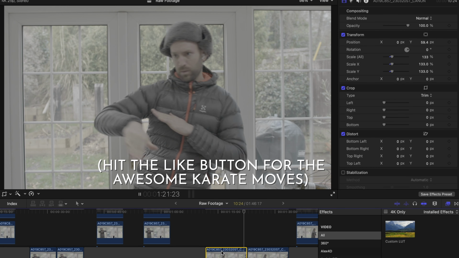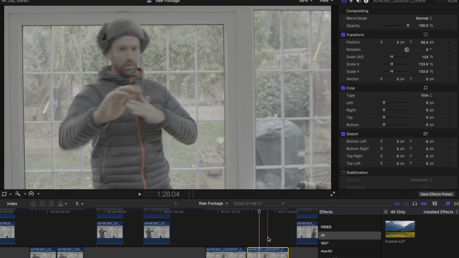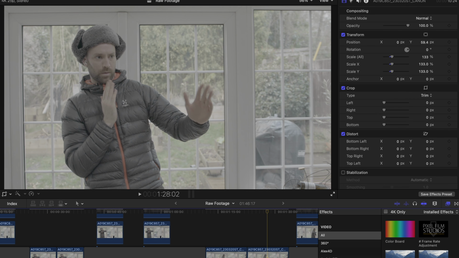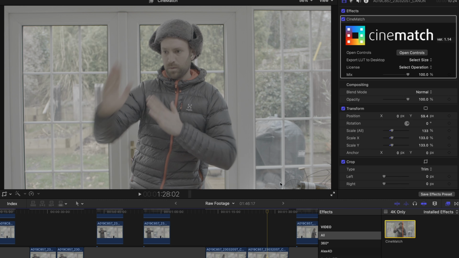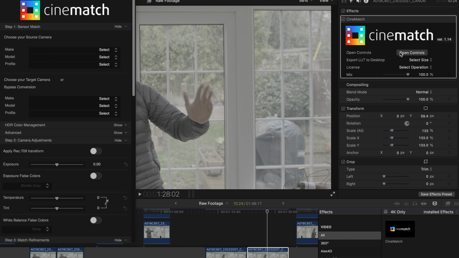Yes. Very cool. And we're actually going to use Cinematch for this one. Cinematch is a plugin made by a company in New Zealand. The main reason you'd want to use Cinematch generally is to match different cameras. If you use different cameras to shoot your stuff, or you're getting footage from somebody else that is using a certain camera that you need to match to yours, Cinematch is very useful, but it does have very handy grading